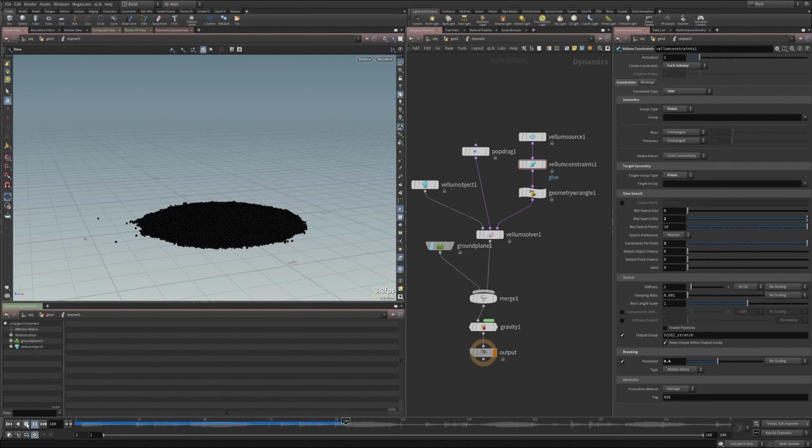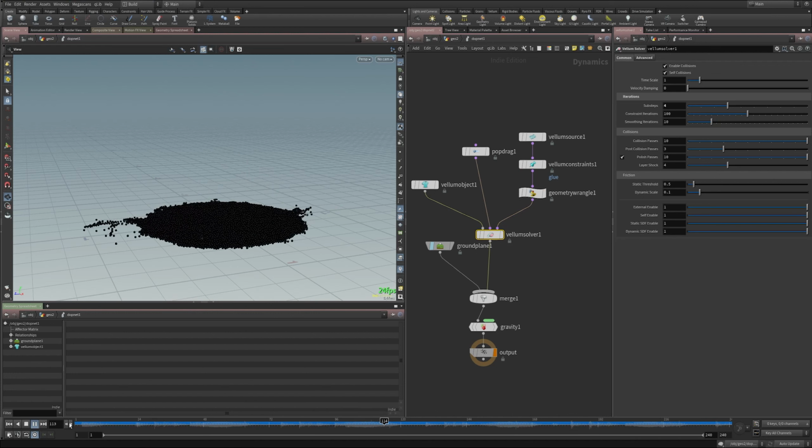It's really not a crazy heavy sim, but the more substeps you add, and when you start to calculate these constraints each substep, it gets much slower than it was, but it's also much more accurate than it was. So let me turn audio back on so we can hear it. And that's pretty close to what I had. The main thing that I was struggling with, this thing exploding, was the substeps here, and creating the constraints each substep rather than each frame.